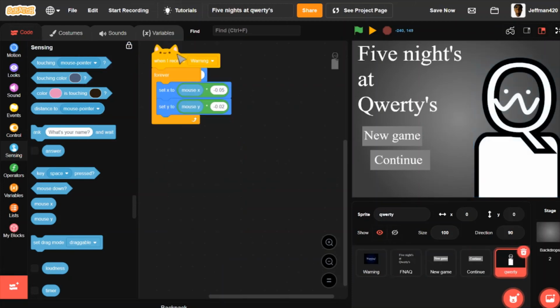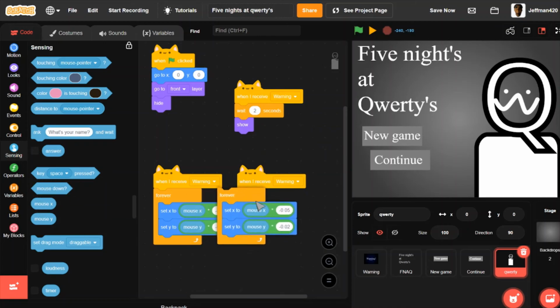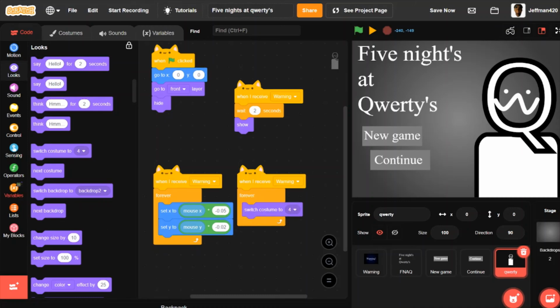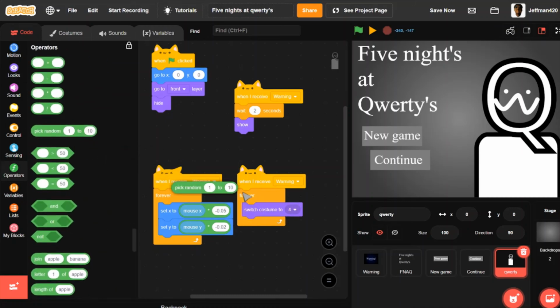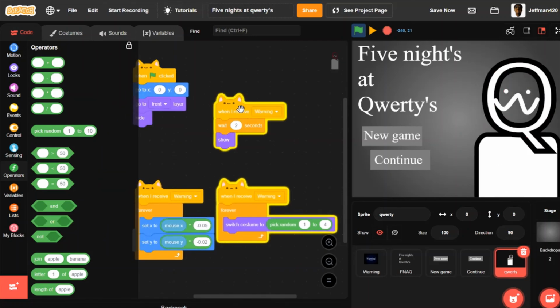And for this, let's have a when I receive warning, it should forever switch costume to 4, but it should be a pick random 1 to 4. So now if I just play this, yep, that looks just how I